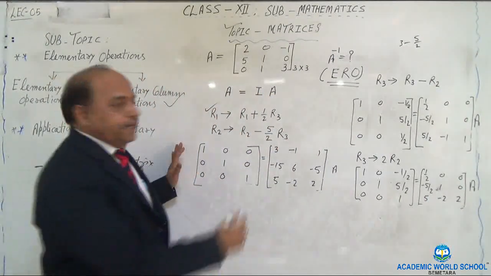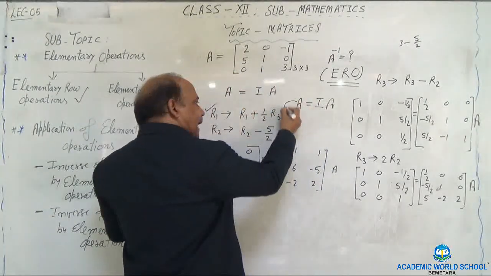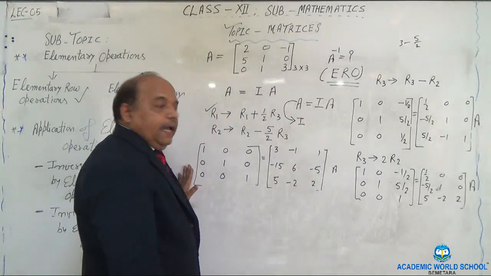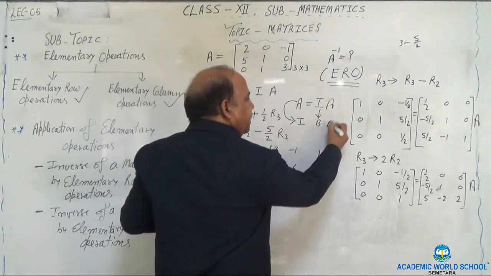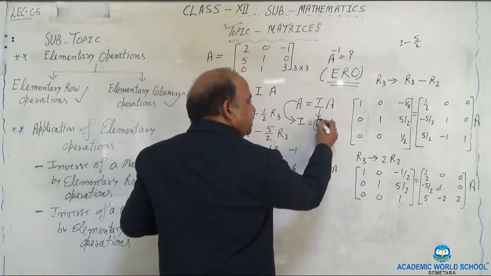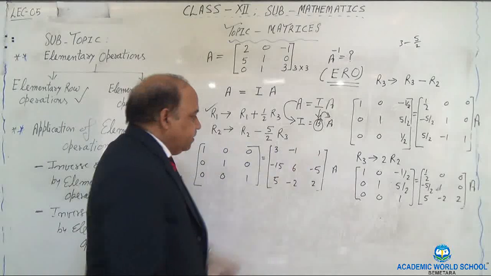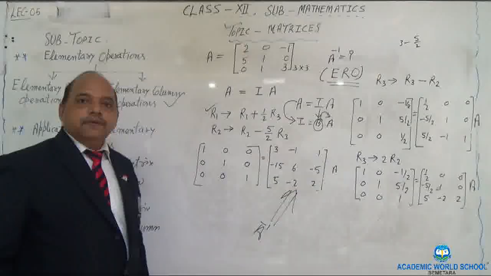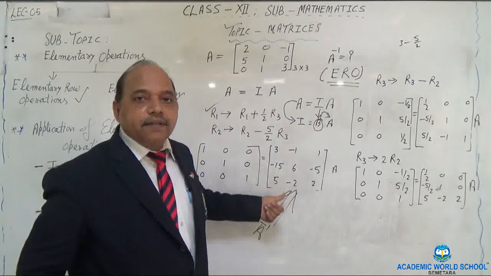Look at this. What we said, we were given A equal to I into A. We applied row elementary operations on this and got converted into I. And the same operations we applied on this. Let's say it gets converted into B and A is as it is. So B into A is equal to I. What does it mean? It means this has to be the inverse of this one. So you can say that A inverse is equal to this one. Means this matrix is nothing but it is representing the inverse of the given matrix. This is the way how we can proceed to find out the inverse of a matrix.